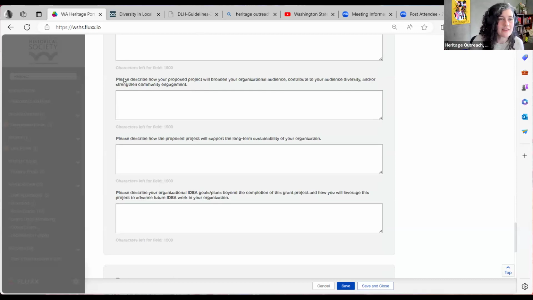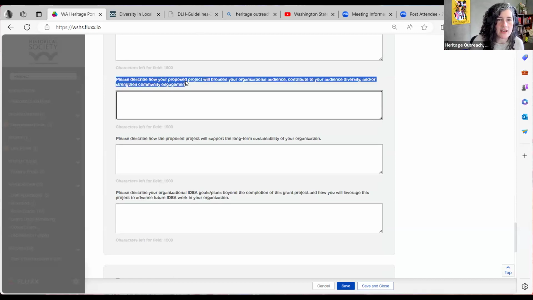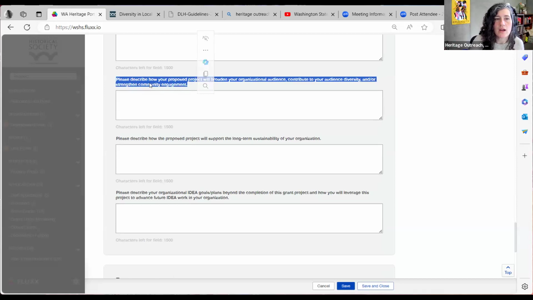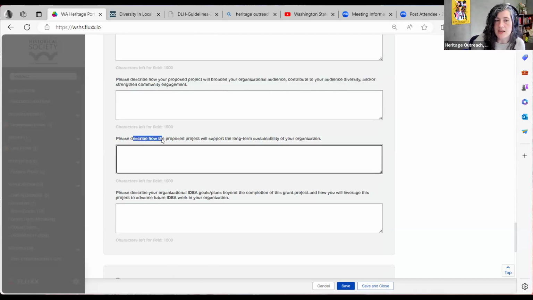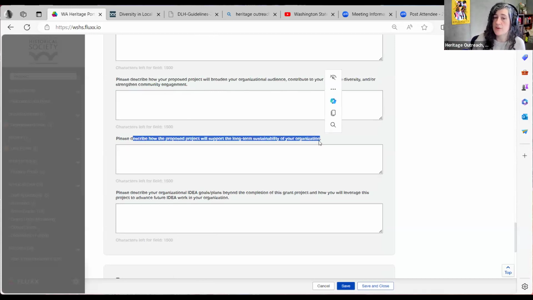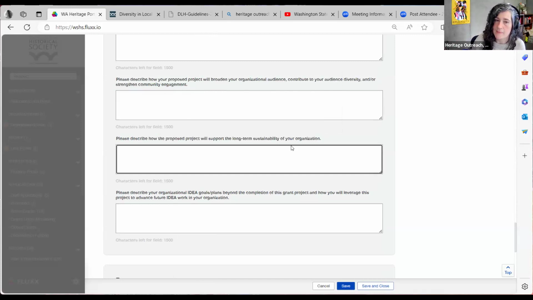So finally, we have these fields here. We're interested in your describing how this project will broaden your organizational audience, contribute to audience diversity, or strengthen community engagement. We're also interested in your describing how the project will support the long-term sustainability of your organization.